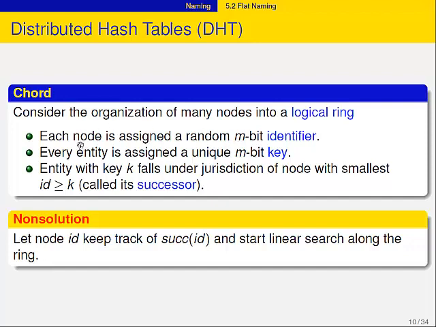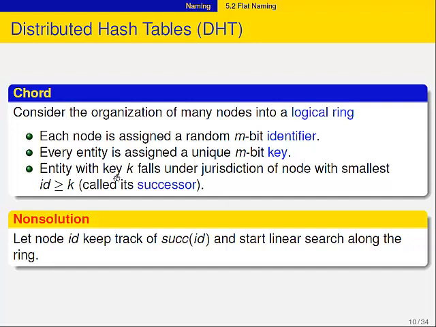You can do a lot with 128 bits. Every entity, very important, file, let's stick to files. And every time I use the word entity, I mean a file. Every file is assigned a unique m-bit key. Also M. Okay? And from the same space as where you drew your identifier from. This is actually very important, because I'll be using keys and identifiers interchangeably. I'll use the keys to route towards a specific node having an identifier. So they come from the same space.